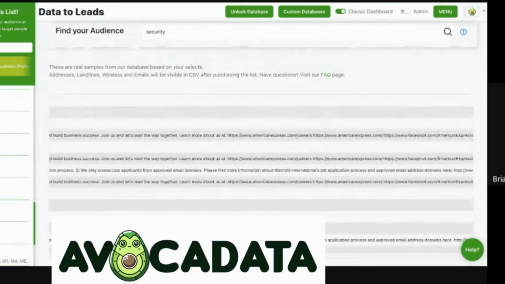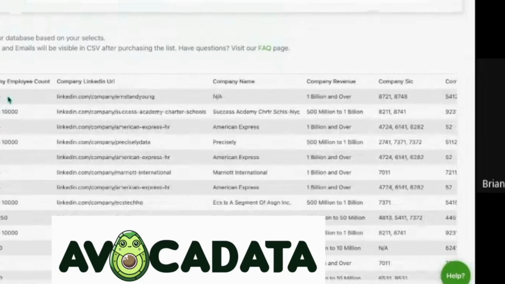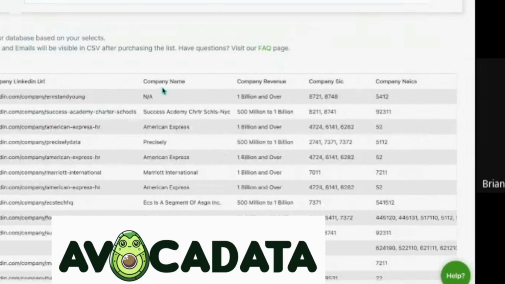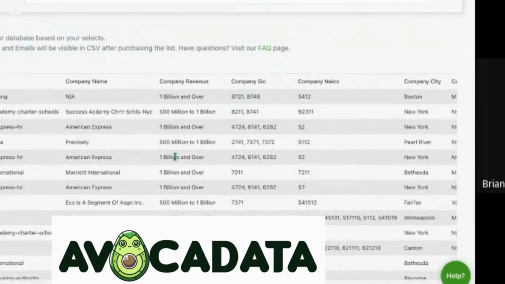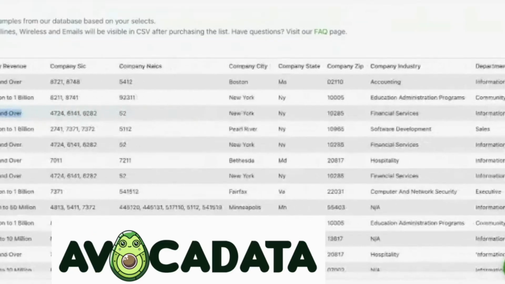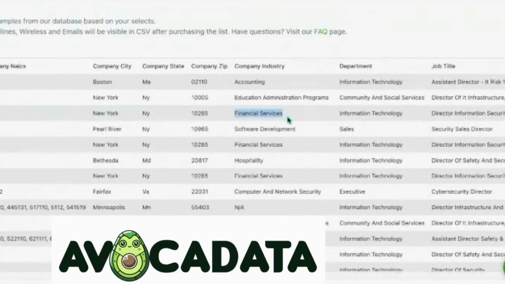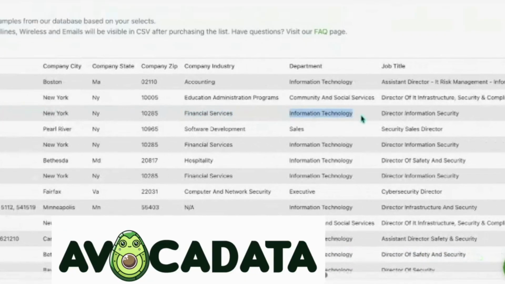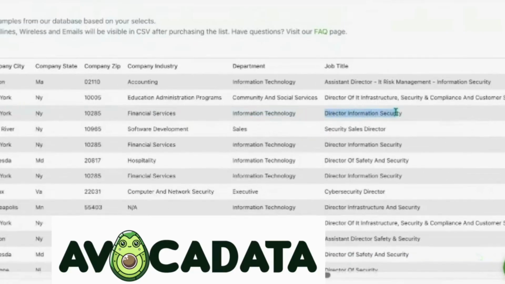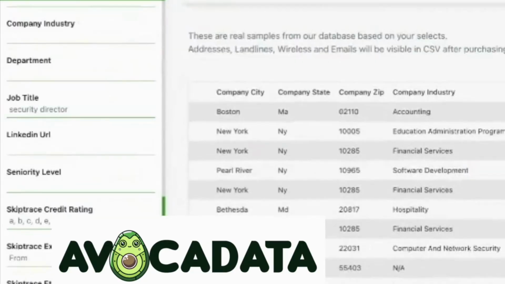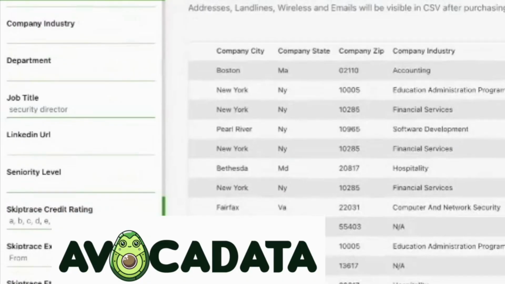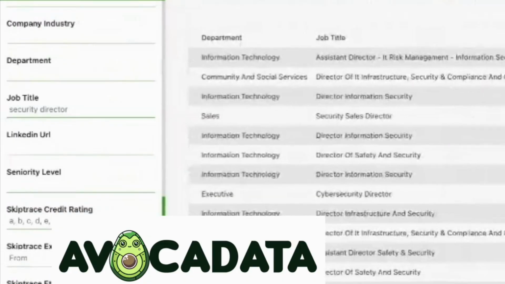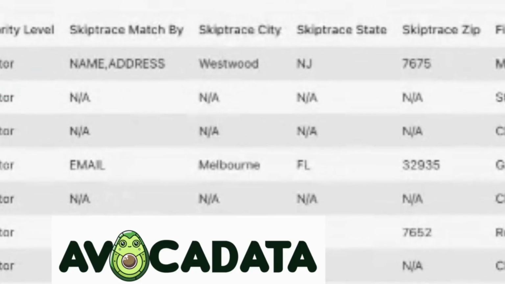But if you keep scrolling over, a lot of scrolling, we end up in more company details. So all of this is the type of company they work for, employee count, the name of the company they work for. Really, this I generally use just to understand who the person is, because the American Express person is definitely not a CEO. But if we keep looking, we can see that the industry they're in is financial services. Their department is information technology, and their job title is Director of Information Security. So this was the first list, which was filtering by job title and seniority level. And if you keep going, you never see seniority level director. So he's listed as a director.